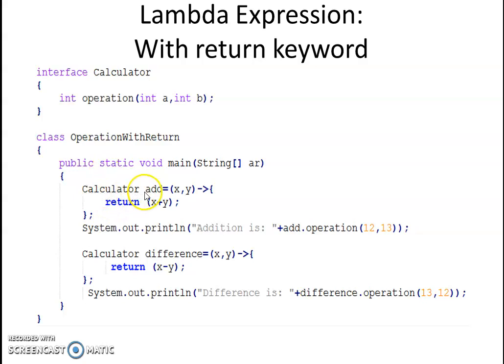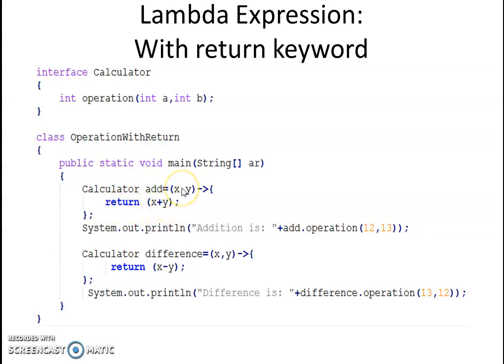So here we are referring calculator with add, and we are providing lambda expression. So here expression is, we are writing 2 parameter separated by comma. Then we write arrow token, and inside curly braces we are writing return keyword, and we are returning x plus y, right?